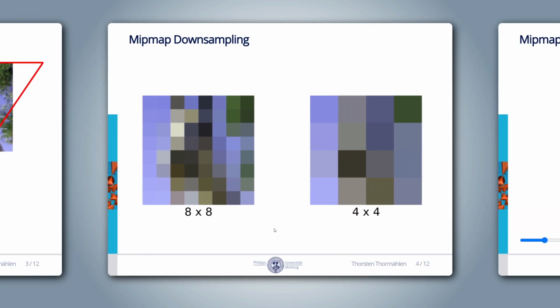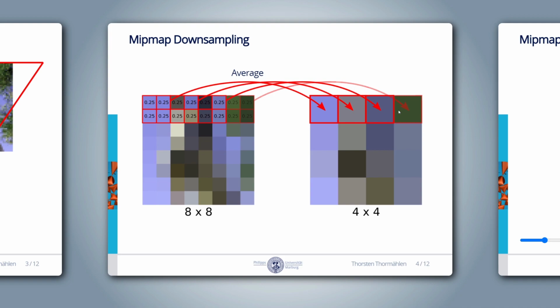To generate a mipmap level, we need to downsample the previous level by a factor of 2. To this end, we could use different filter operations. In OpenGL, the used filter operation is a very simple one. A pixel value in the new level is the average of 4 pixels from the previous level. In the shown example, we want to go from level 8 by 8 to 4 by 4. For this target pixel, we compute the weighted sum of these 4 pixels to create the average. Each pixel is weighted by a factor of 0.25. The next block of 4 pixels results in the next target pixel, and so on.